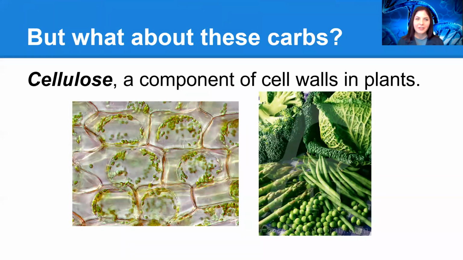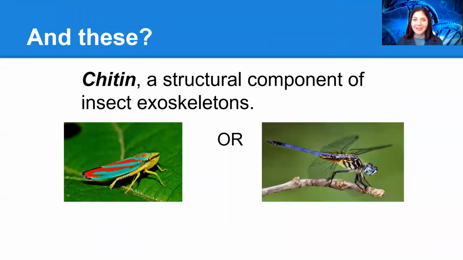But what you probably aren't thinking about is cellulose. This is a component of cell walls that helps give those cells their rigid structure, and it helps to maintain the composure of plants. So even if plants lose a lot of water, they wilt and they don't just flop on the floor like an animal cell would. You also might not be thinking about chitin, which is a structural component in the exoskeletons